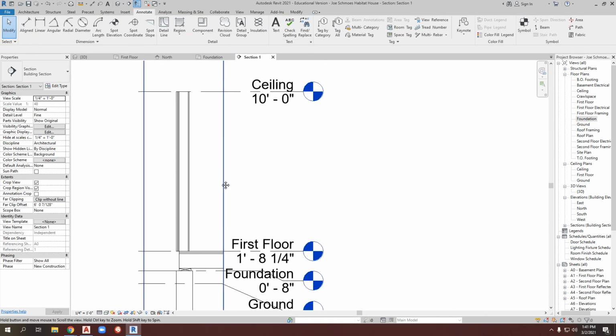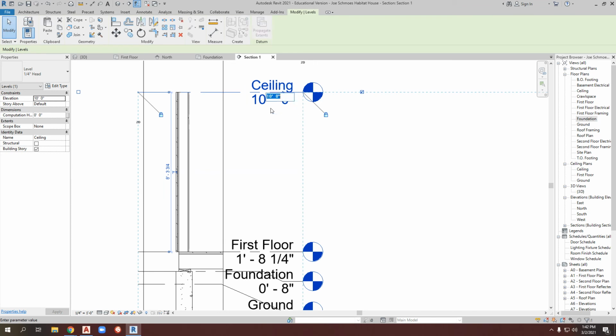Last but not least, most homes have 8-foot ceilings. At this point in time, if we've now established the height of our first floor level, maybe I want to then also adjust the height of my ceiling level. Again, if I have 8-foot ceilings, well, 9 foot 8 1/4 would be my height. If I wanted 9-foot ceilings, well, that'd be 10 foot 8 1/4. And just to make the math easy, I'll add 8 feet to the 1 foot 8 1/4, which is